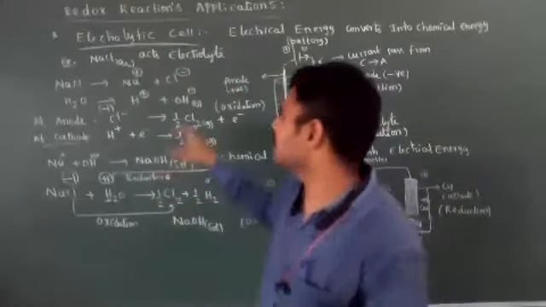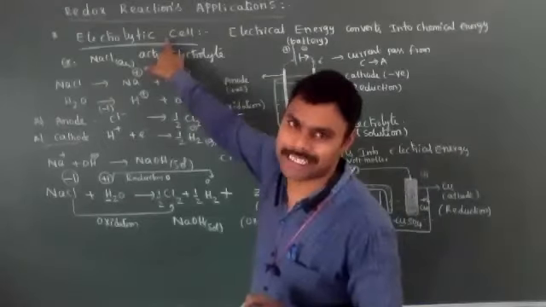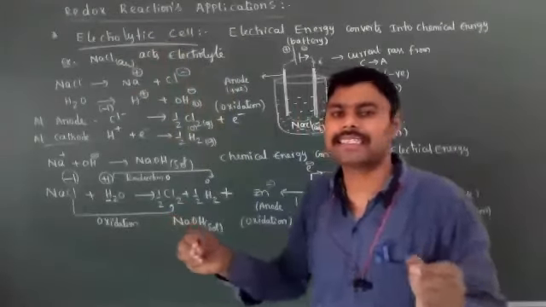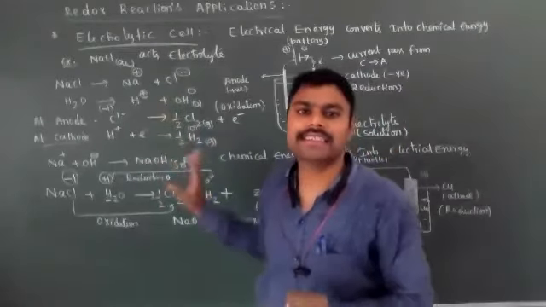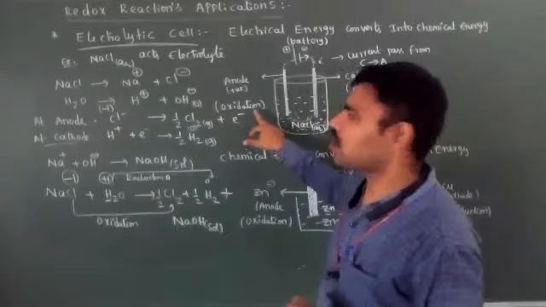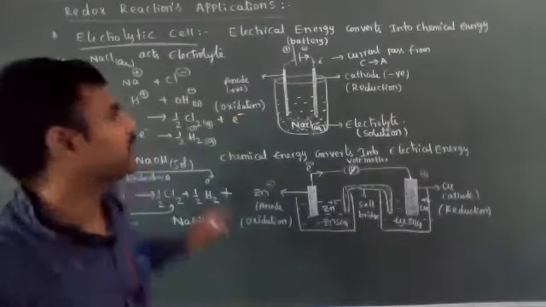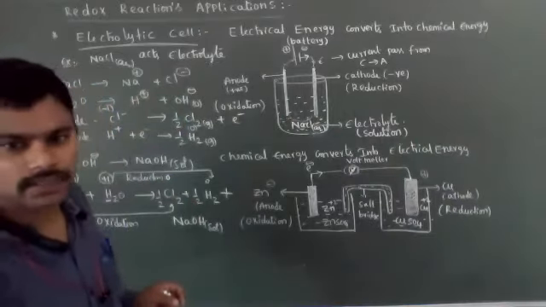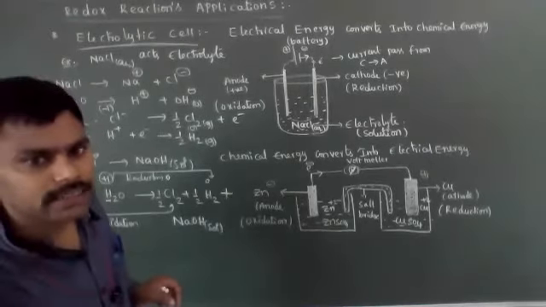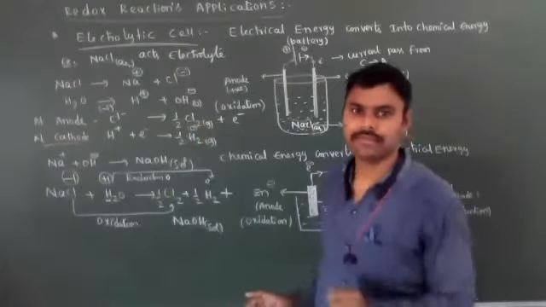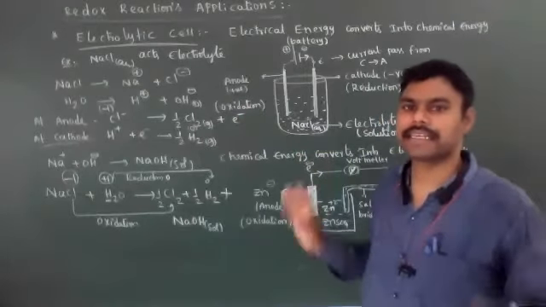The electrolysis process is generally carried out in one particular apparatus, known as an electrolytic cell. So in electrolytic cells, what type of reactions are taking place? Redox reactions are taking place, because it involves both oxidation and reduction reactions. Both take place in the electrolytic cell. That's why it is an important application of redox reactions. Understood? In an electrolytic cell, redox reactions are taking place.